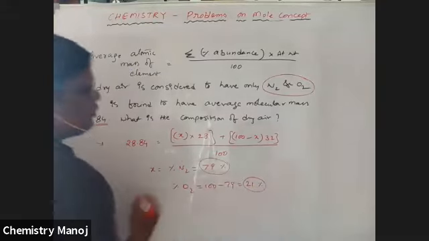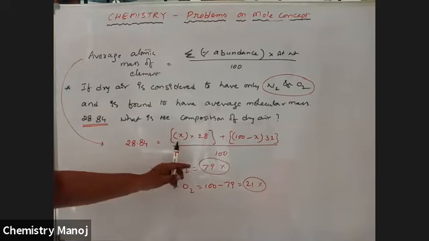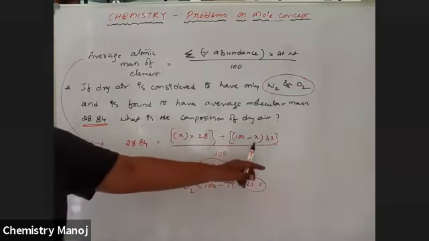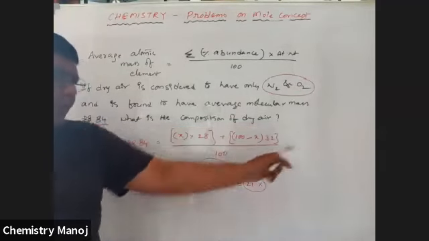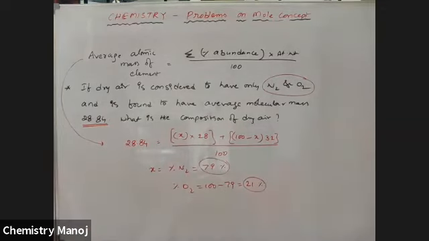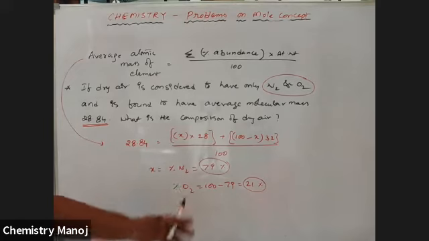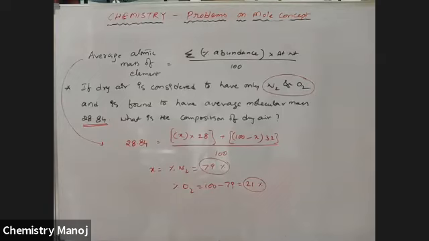So this is the simplest way to calculate the percentage of some components. The same formula is also used in terms of isotopic abundance: isotopic abundance of the first one and its atomic weight, plus isotopic abundance of the second one and its atomic weight, plus isotopic abundance of the third one and its atomic weight, by the total isotopic abundance, that is 100. By using this, we will calculate the atomic weight of the elements also. Here, the molecular weight of air is considered, that is, percentage weights are considered. It is the simplest way, based on this concept. Isotopic abundance is also used here. Okay.